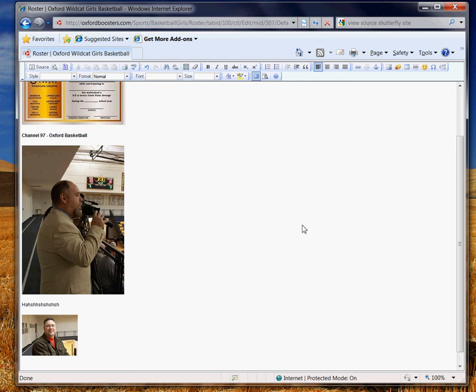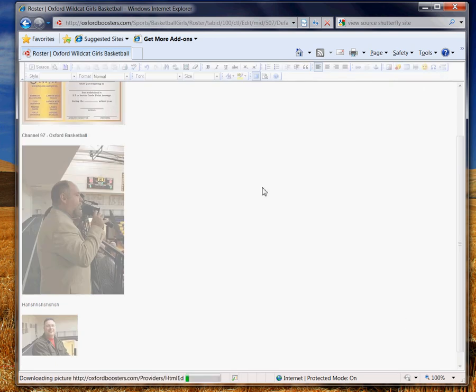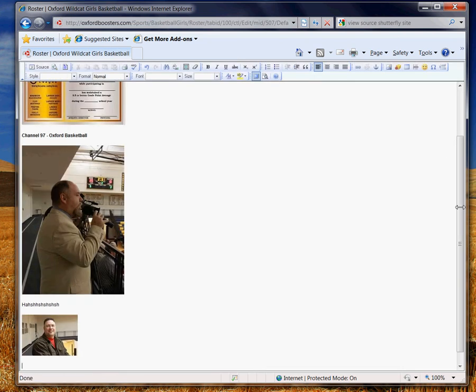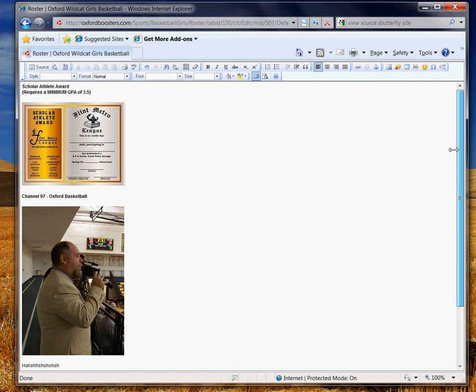Rod's got a lot of Flash on his site. You'll also see there's an Insert Flash button up here, and all we do is give the URL for those Flash widgets, put in the width and height if we want to change it from the default, and we add it in. Okay? So when we're all done, you're going to want to go back to minimized mode